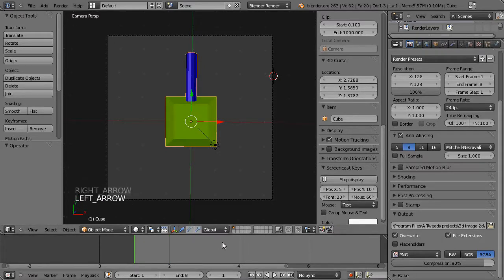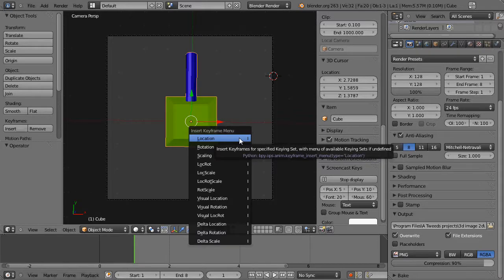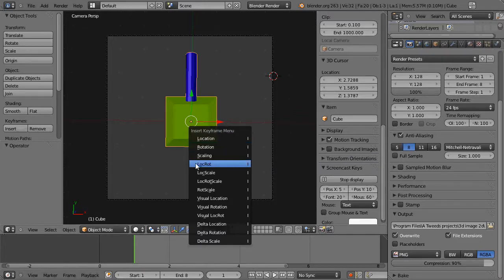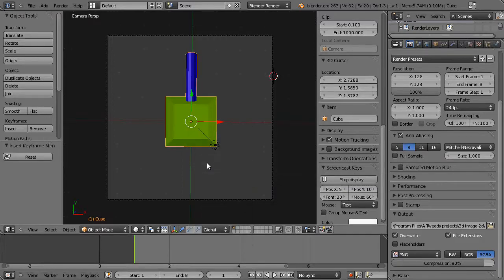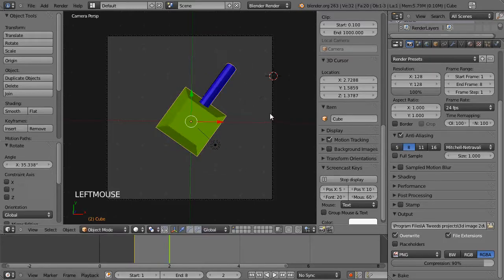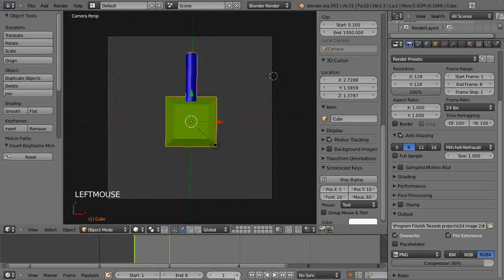Okay. Now I'm gonna start at 1, and I'm gonna click the I button, and I think I'm gonna have to use this one, the location rotation. Okay. Now remember, every time you save it, you have to go to the next frame, which will be number 2. So now I'm gonna rotate it halfway. Click I, location rotation. Let's see if it works. There we go. Okay. So next frame,